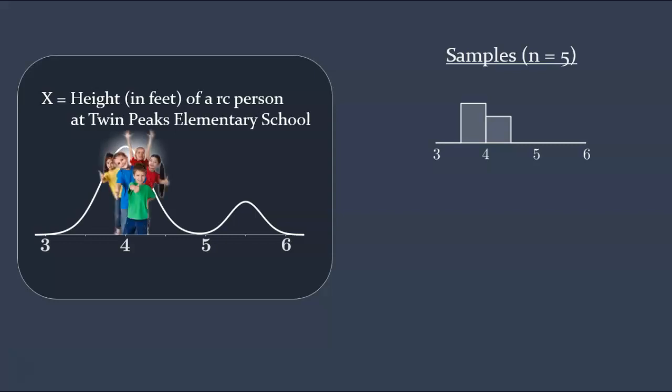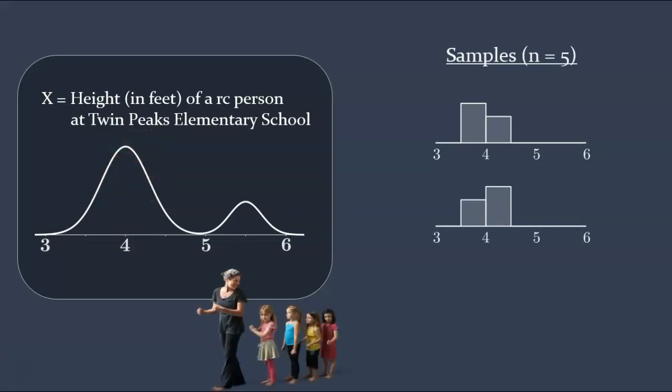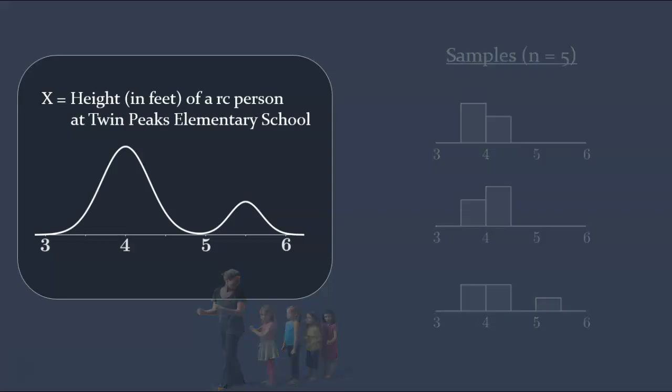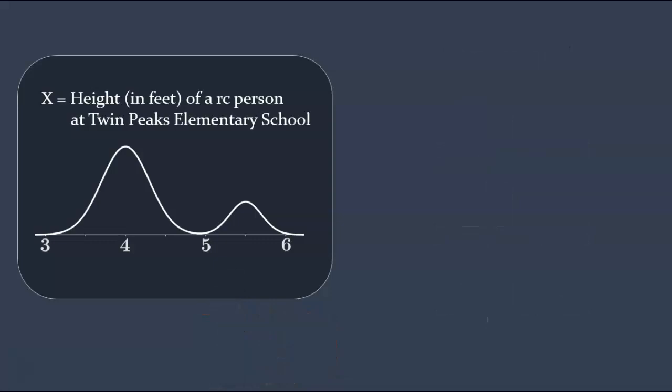Take another random group of 5. 5 more kids. Let's put up another bar graph for this second group. And let's pick a third sample of 5. This time we get an adult and 4 kids, so the bar graph for that sample will look a little different from the first 2. If our samples were larger, they'd be more likely to look like the full population distribution of x with its